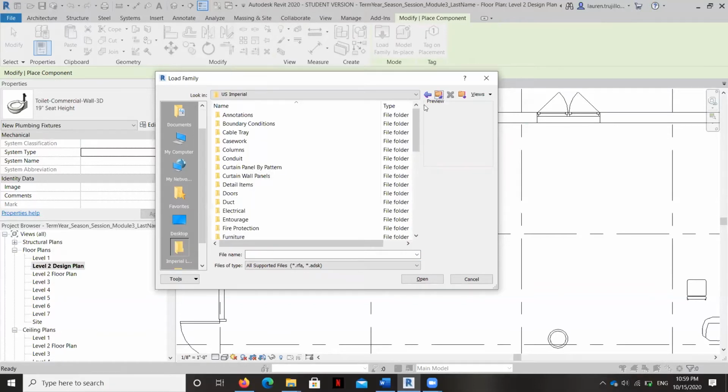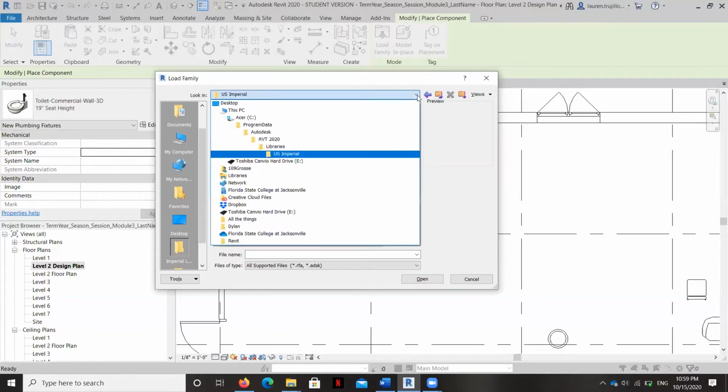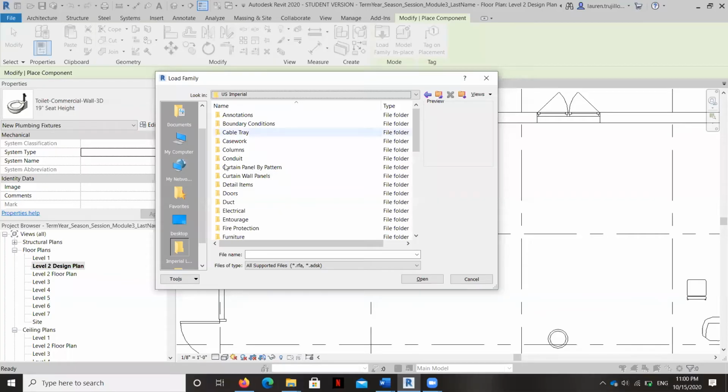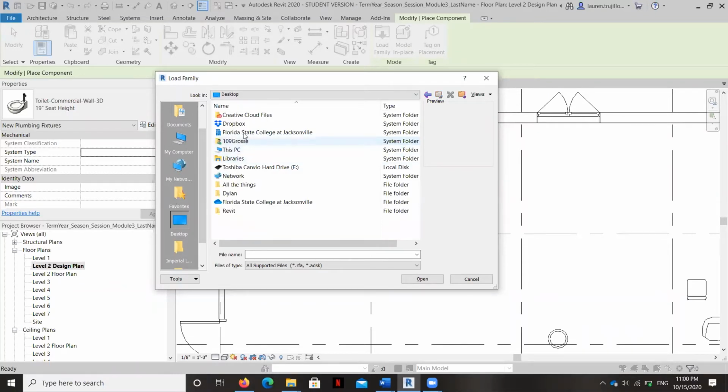So I'm going to pause for a second and make a note of that path so that I've got it. I'm going to go to my desktop and grab those grab bars that will be provided for you as well.